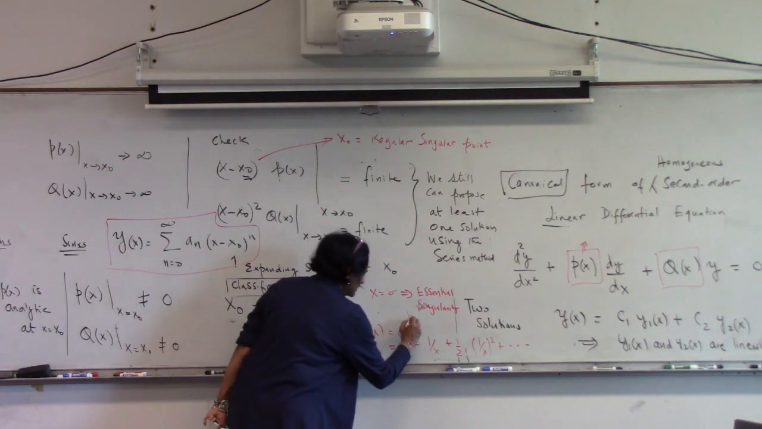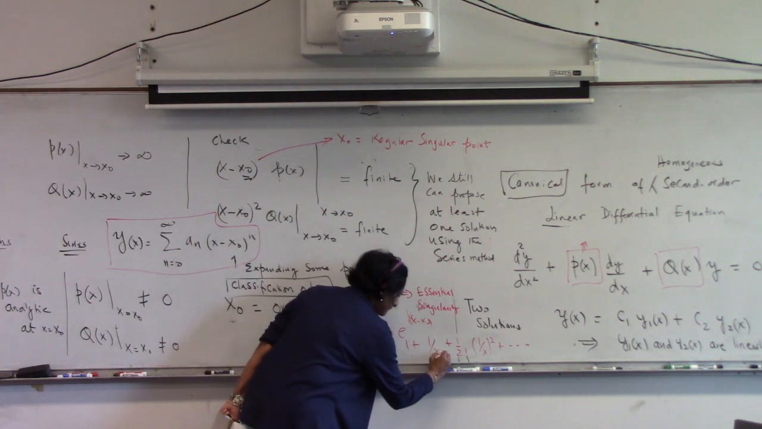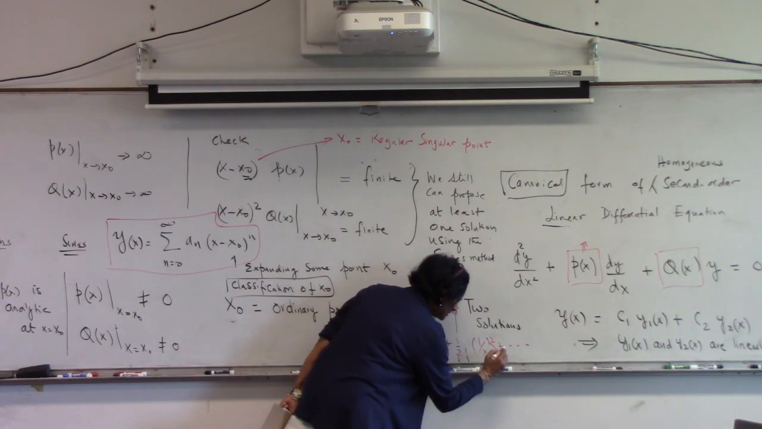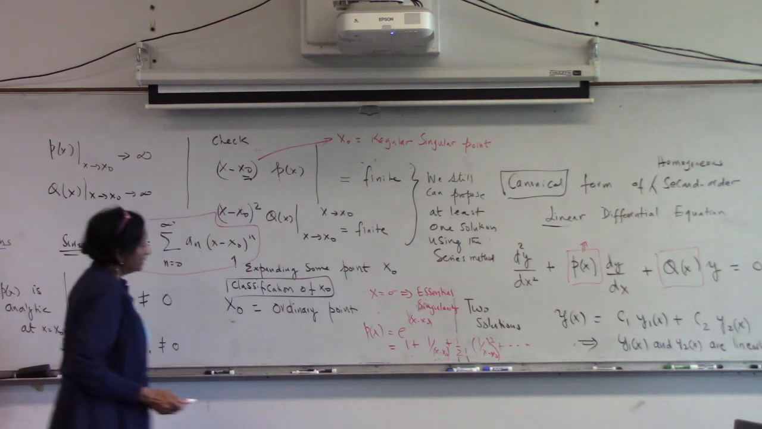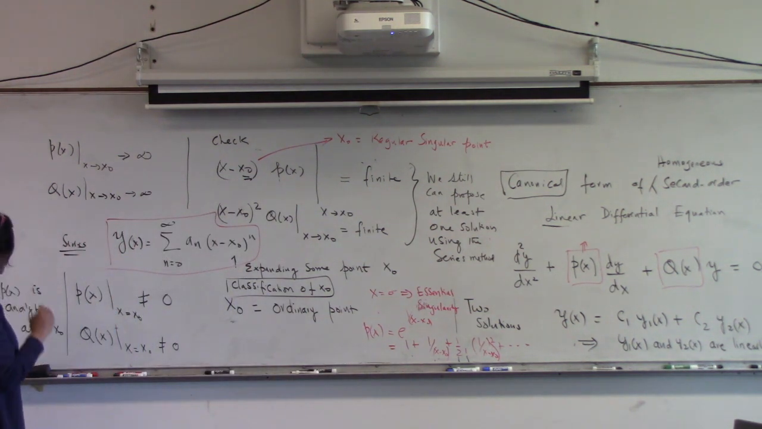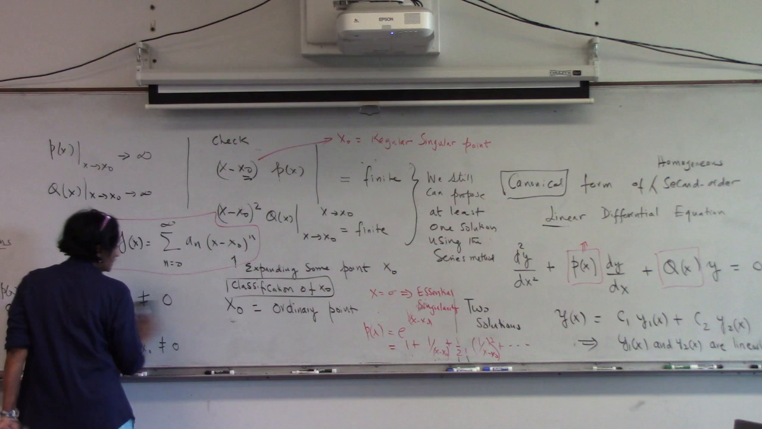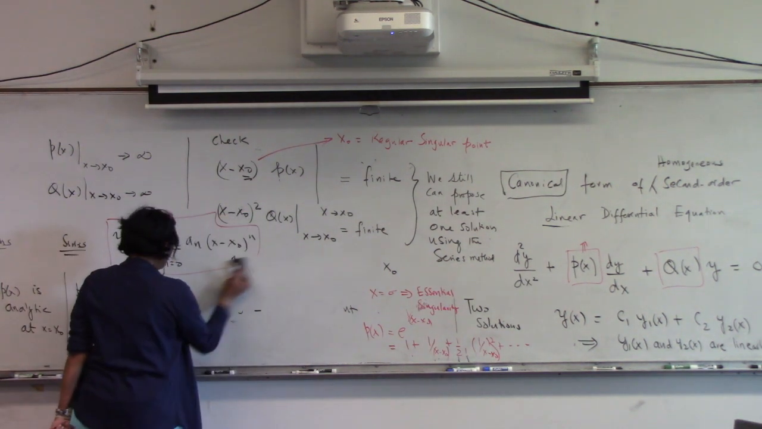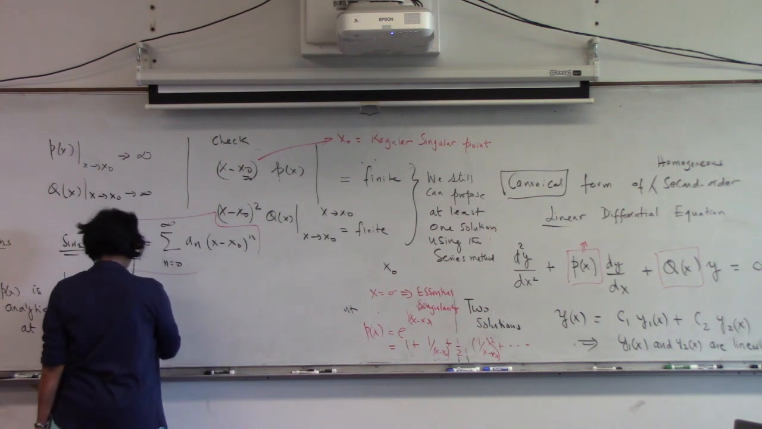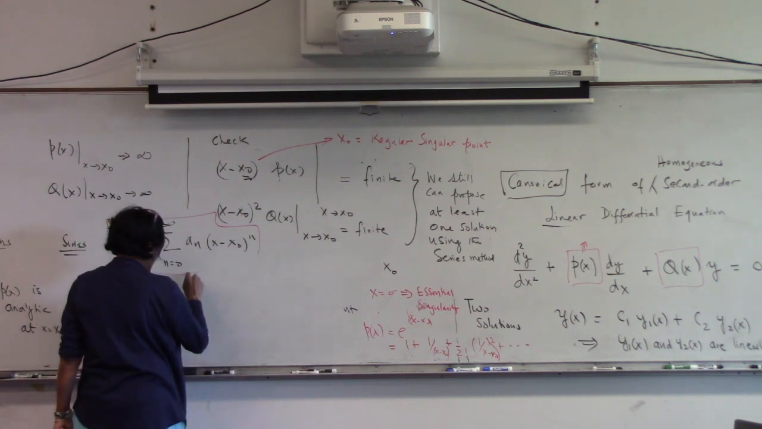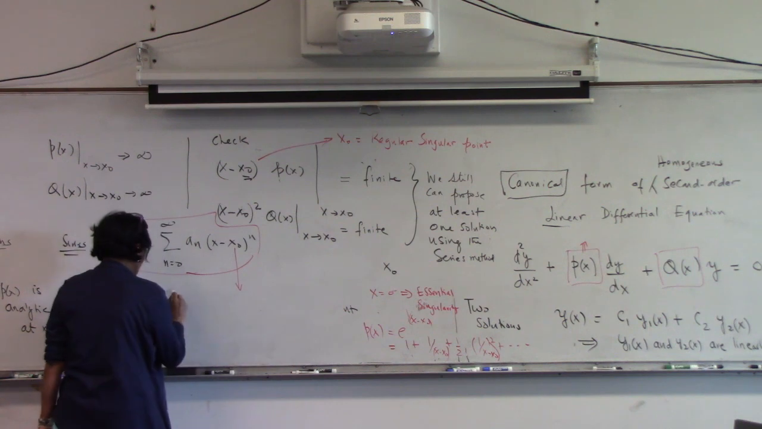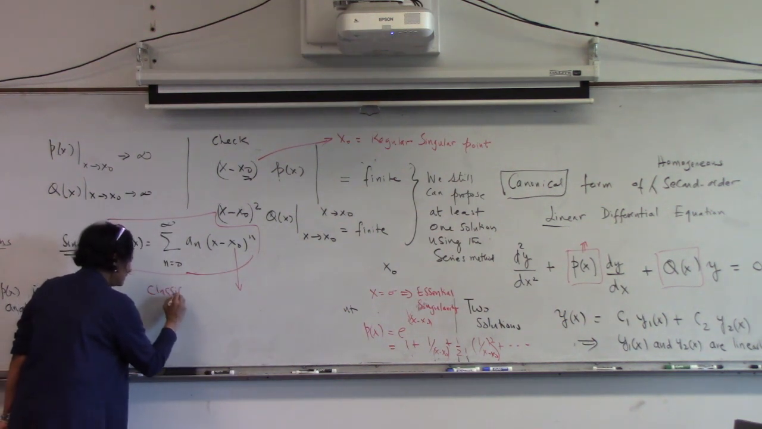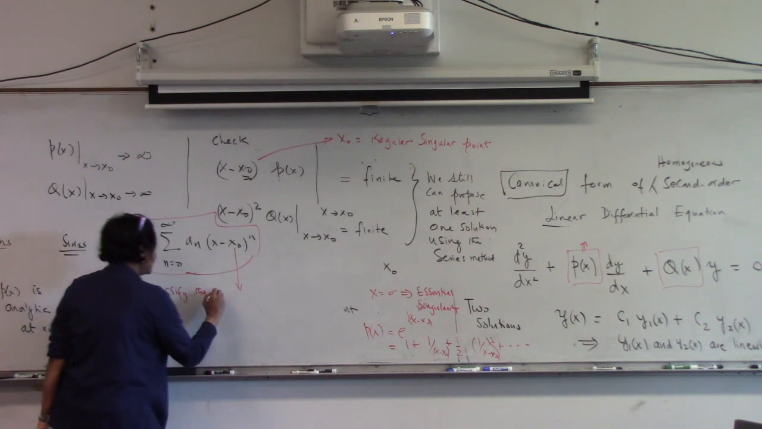If I had x minus x naught, it will be like this, okay? Suppose the expansion point was not 0. Basically what I'm trying to say is we have to first understand about which point we are going to make the series expansion and classify the nature of singularity